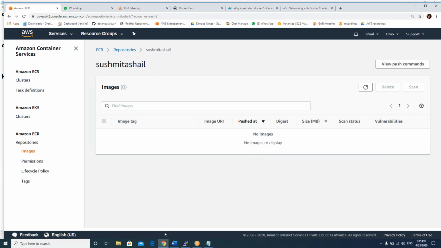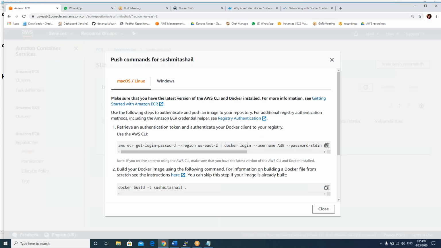So how to push images to this registry instead of Docker Hub? At the top right-hand side you have view push commands. First of all, you have to have AWS CLI on top of the Docker host. Then you follow these steps so that instead of Docker Hub you can push your images into the ECR registry.